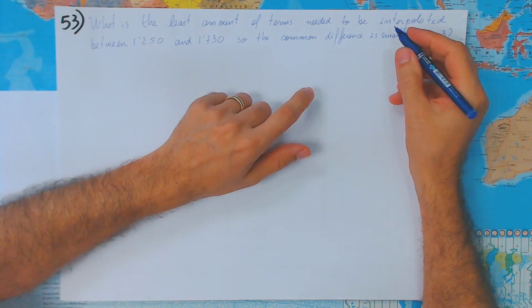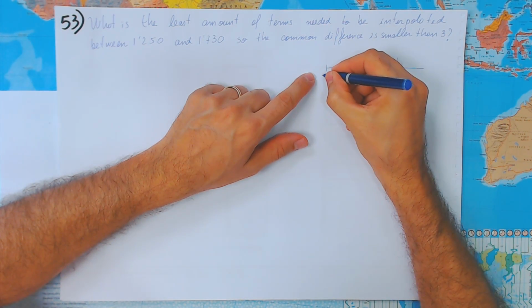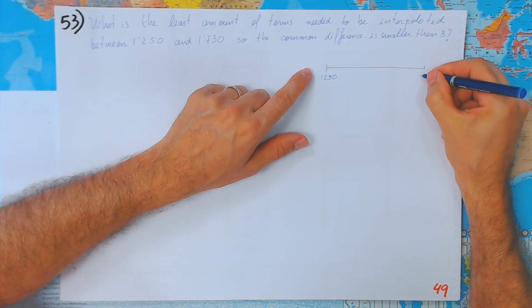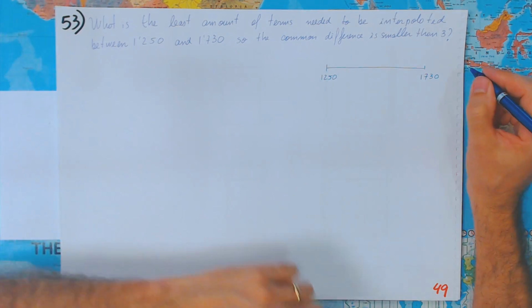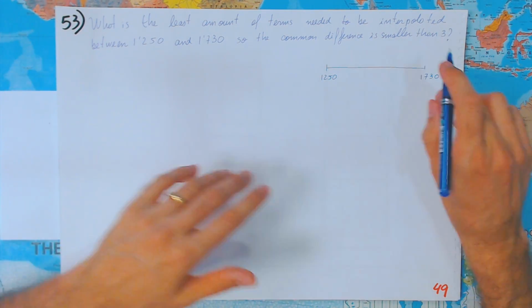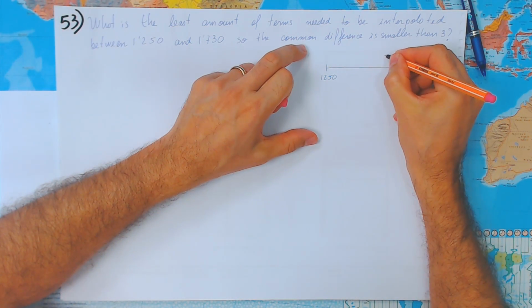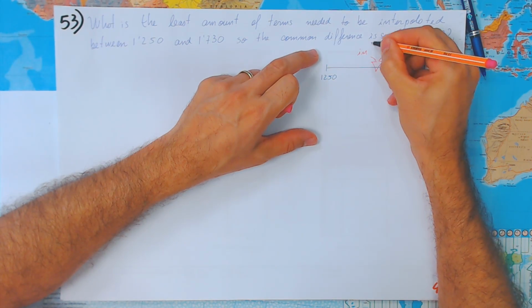Well, like I said, I always like to draw things. This is going to be 1250. The last one is going to be 1730. So we're going to have to introduce some terms in here. Okay, we're going to add some. Let's interpolate